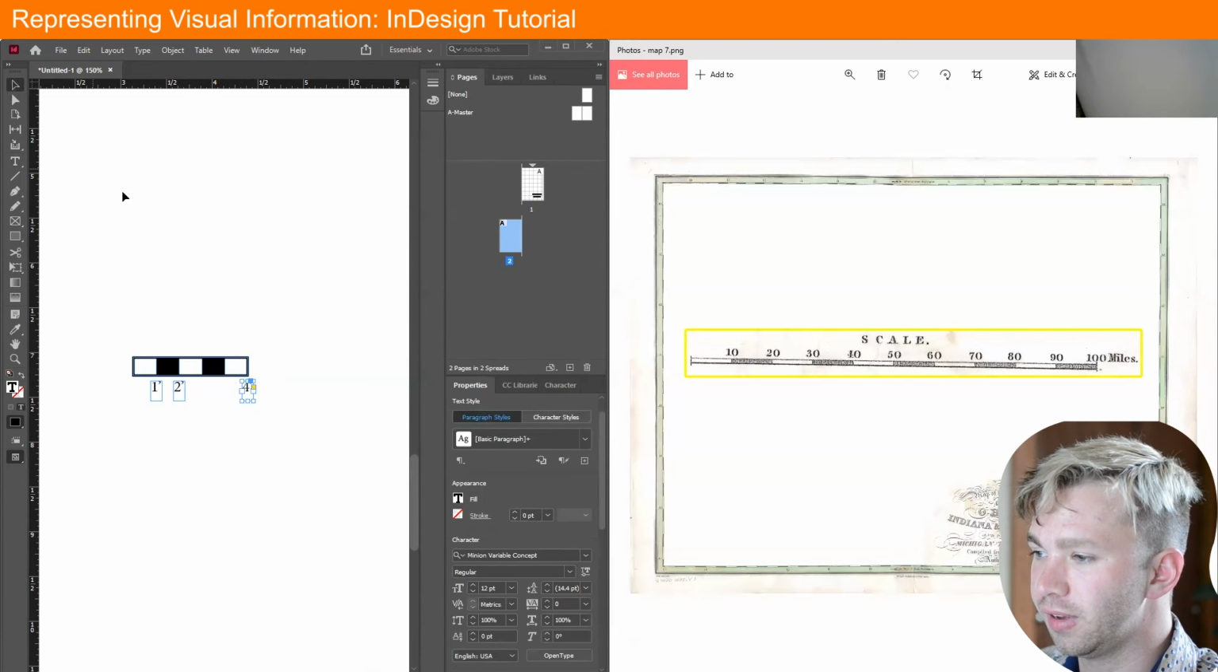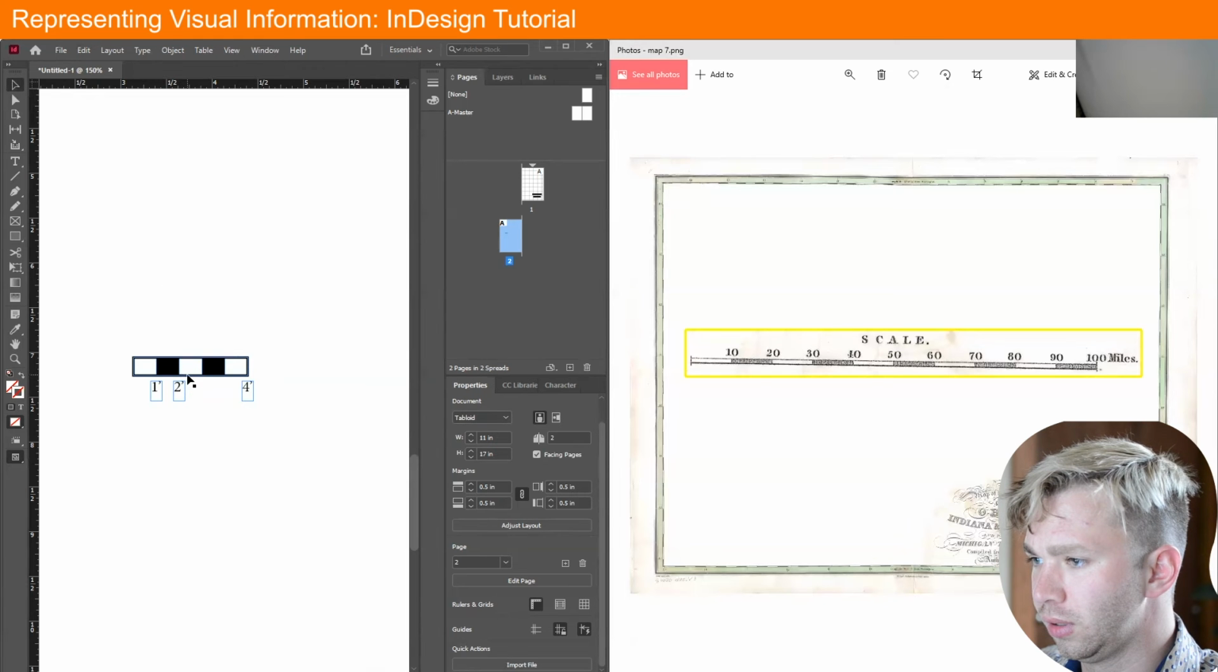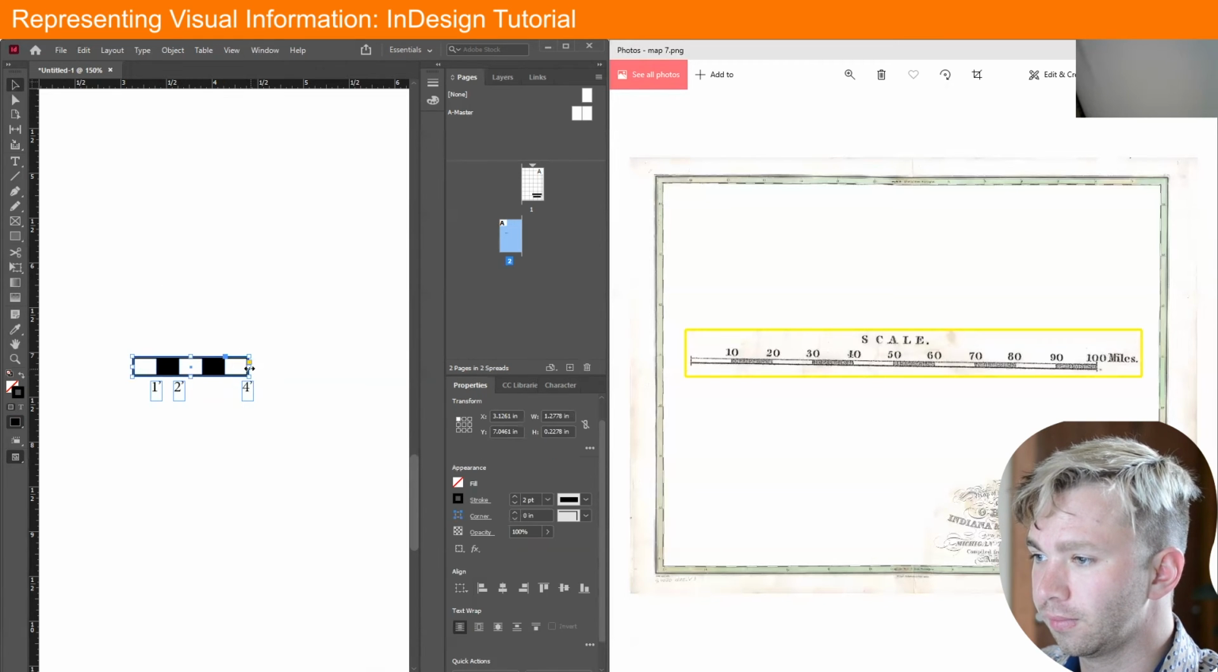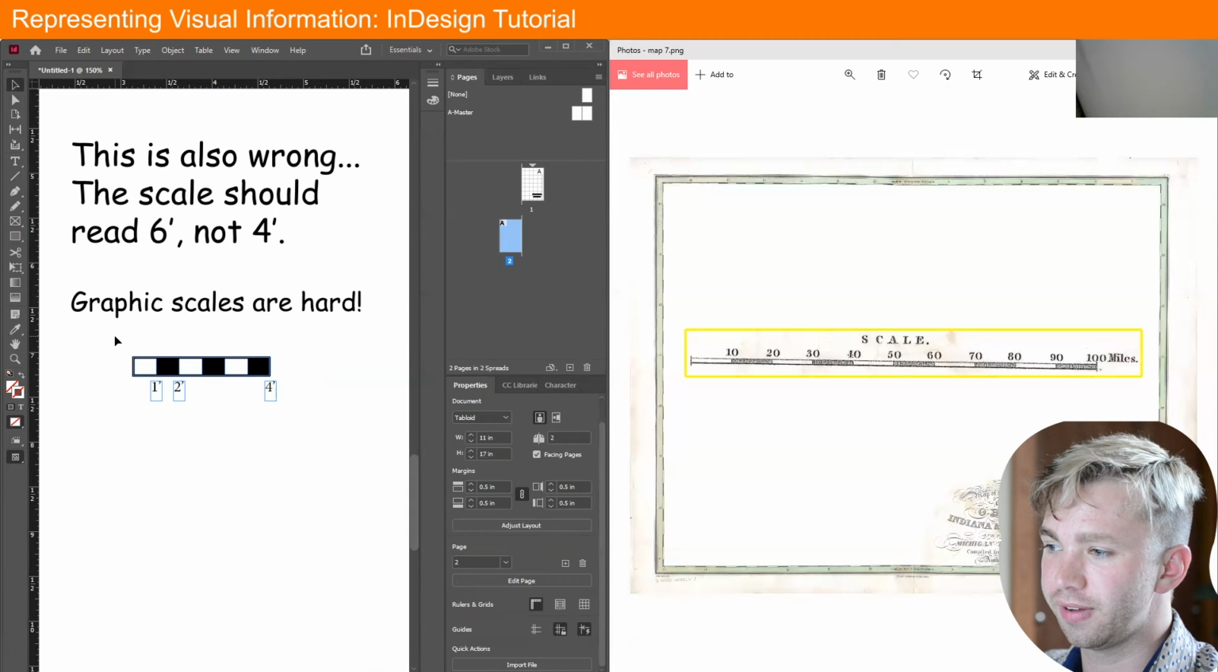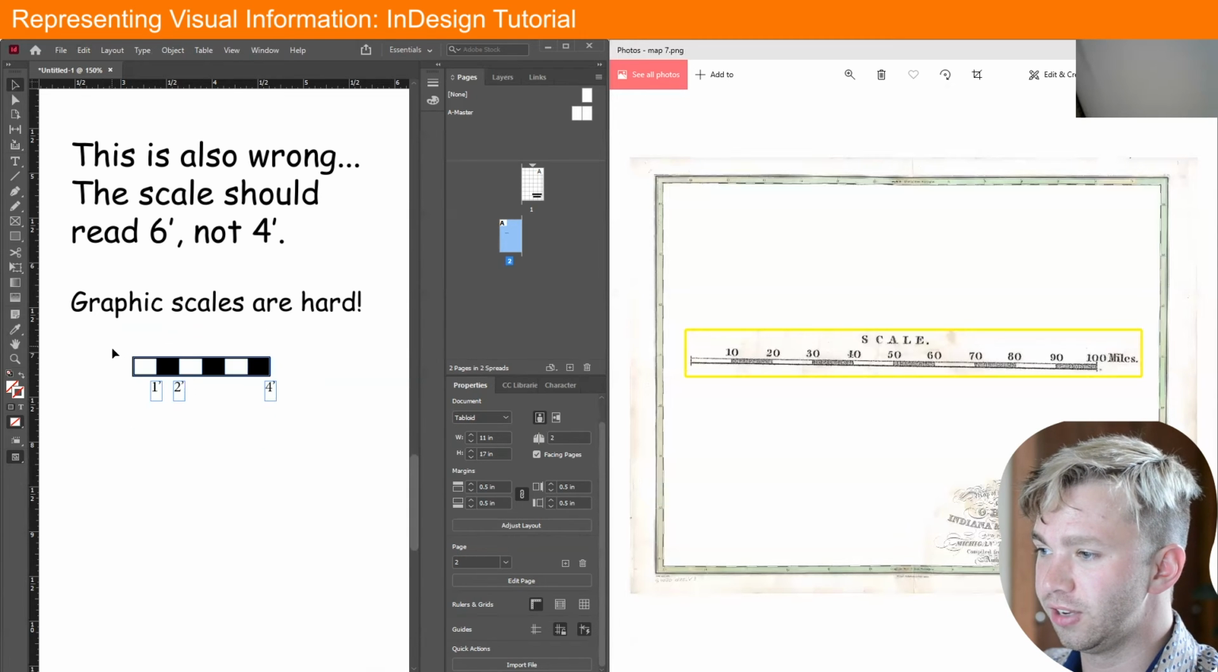If you wanted to get, is that right? 1, 2. No, that's not right. Hold on. Need one more. Extend this over a little bit. There we go. 1, 2, 4. So that's a pretty basic graphic scale. We also need a 0